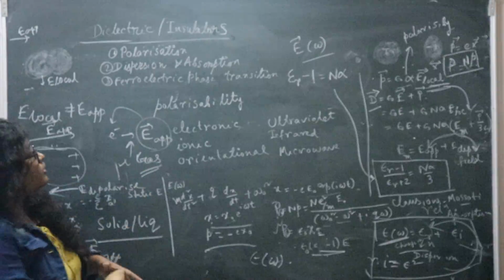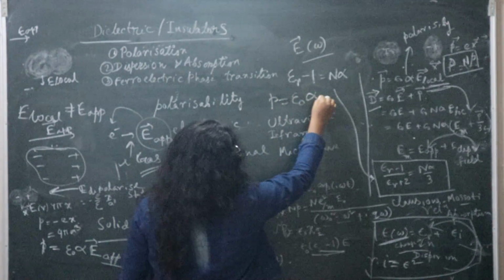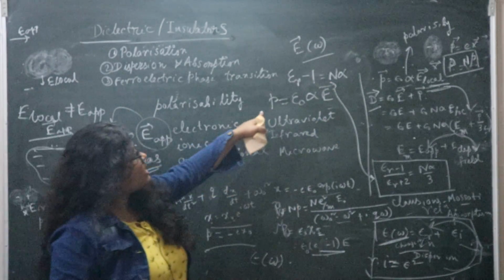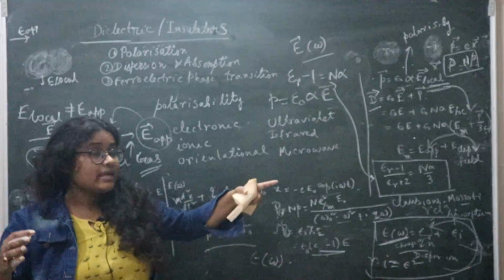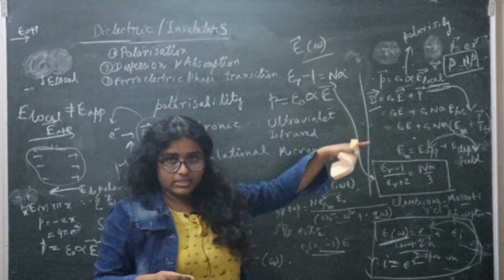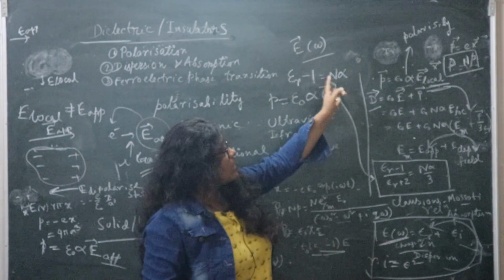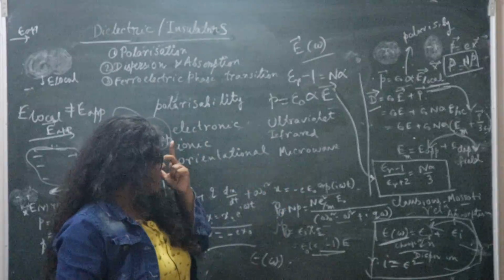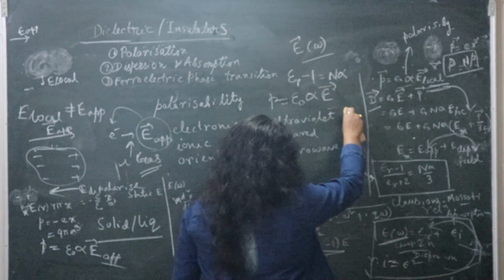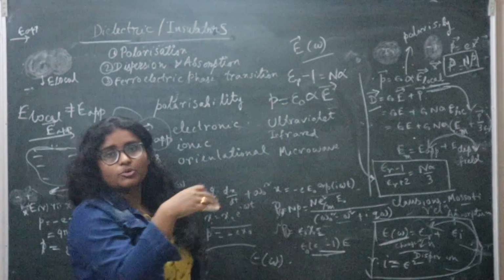Last time I told you that the dipole moment is equal to epsilon naught into alpha into E, where E is much lower. The linear variation I have taken. For E to be higher, the polarizability will be a tensor and it will be non-linear. Not only the E term, E square and other higher terms should be included. Now when the applied electric field is much lower, then the dipole moment can be directly proportional to the